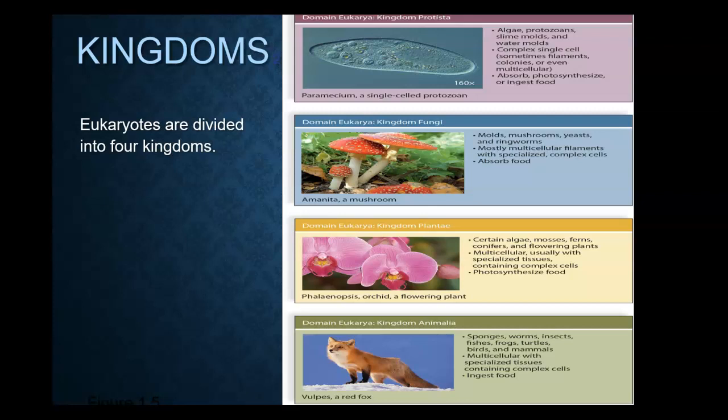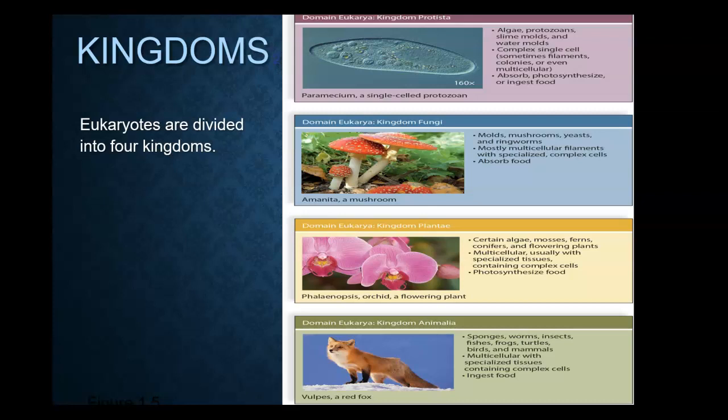All right, let's move on to the next kingdom, which is fungi. This includes your molds and mushrooms, and also yeast and ringworms. These are mostly multicellular, so you can have a few unicellular guys in the kingdom fungi, but most of them are multicellular. And it says, how do they get their food? They're going to absorb their food from the ground or the tree or whatever they happen to be on.